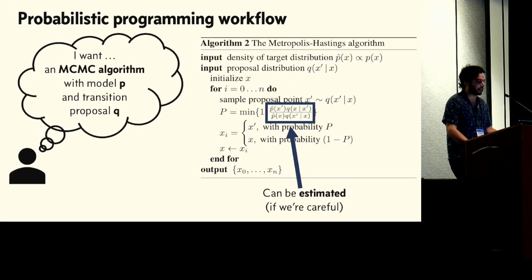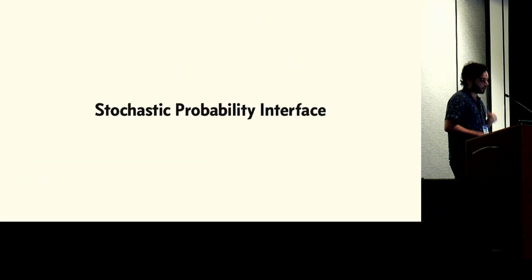The key thing that saves us is that in these algorithms that users want to run, it turns out that it's okay to estimate the density ratios that come up rather than compute them exactly. Intuitively, the overall algorithm is already stochastic, so as long as we add new noise in carefully and don't add too much new noise, the overall algorithm is still going to satisfy the same correctness property that it did before. And so what we've done with the stochastic probability interface is come up with a unified specification for density estimation that allows us to implement a wide variety of inference algorithms in this careful, sound way.